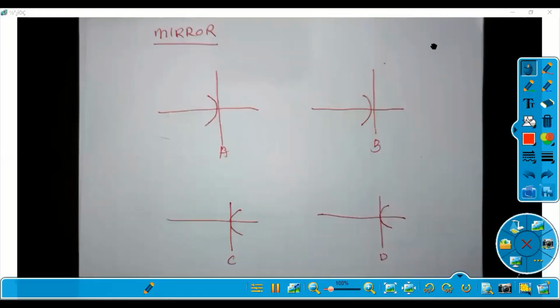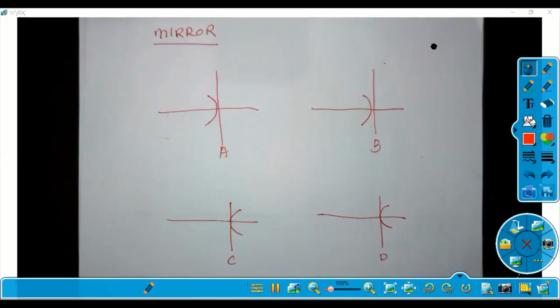Before we go through the refraction, let's revise some simple topics of the previous concept. In the previous lesson, we learned about curved mirrors. So ladies and gentlemen, A, B, C, D, can you please tell me which two are convex and which two are concave? So I can set that this one is a concave